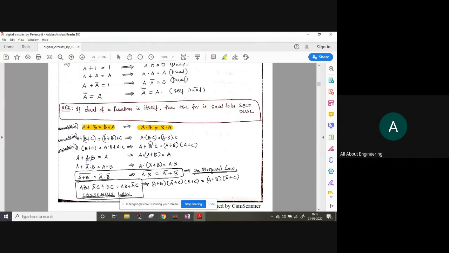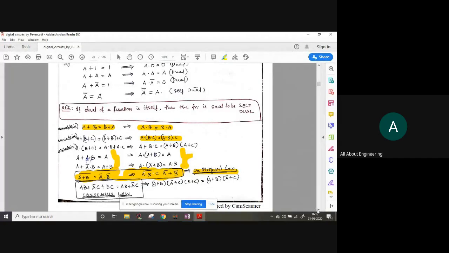Also there was a point that if a function is true, its dual will also hold the same for that function. So it's not a problem if you prove either for these things or for these things. Now De Morgan's law is very, very important, so please focus on this law. A plus b whole bar equals a bar dot b bar, or a dot b bar equals a bar plus b bar. This De Morgan's law is very, very important. Why I am repeating so much is that we will directly use this formula to prove different theorems also.